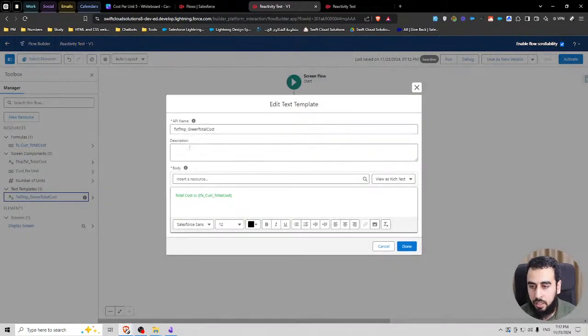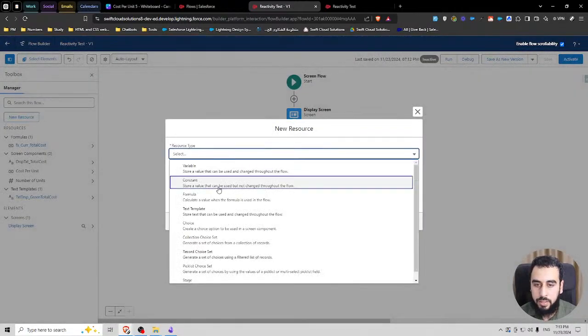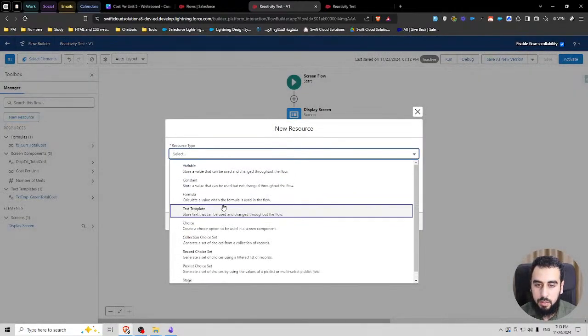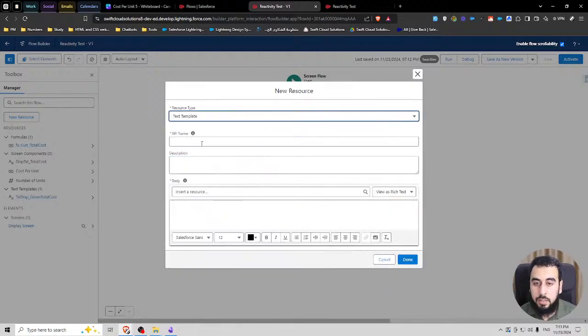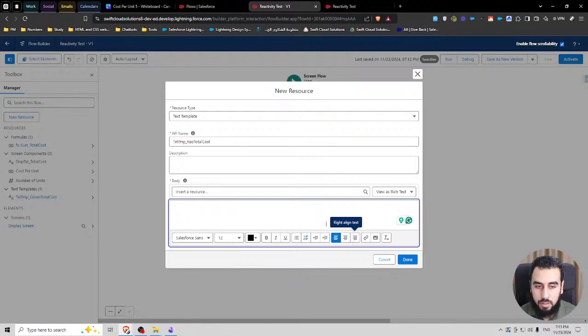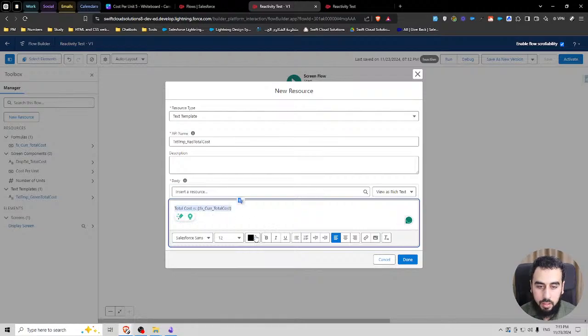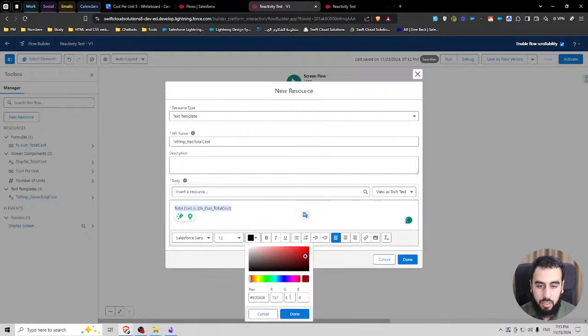So I have a green total cost, and then let's try another text template, and let's say red total cost. And that's the same thing. So it's going to be total cost is, that's the formula. And then we need this to be red.